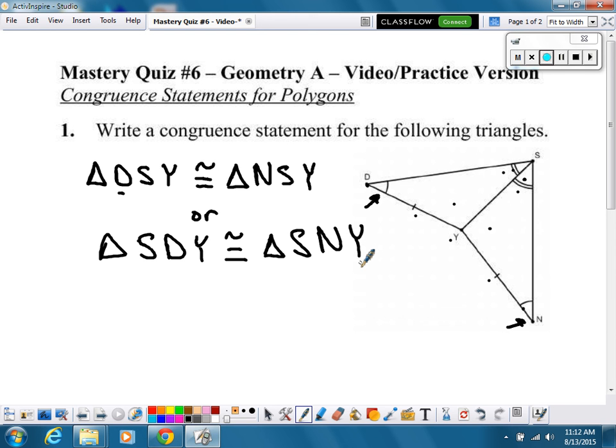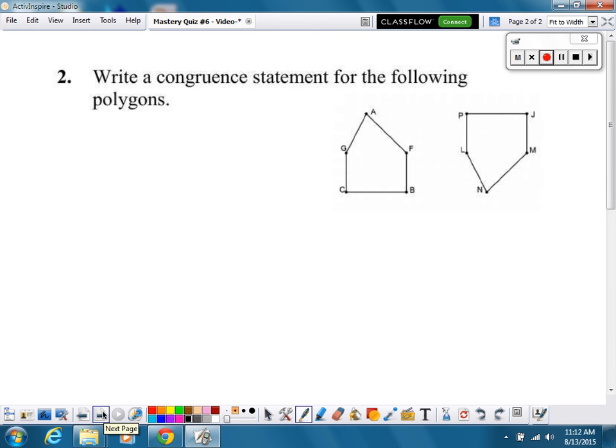Really important when you write these congruent statements that when you're dealing with triangles, make sure you're using the triangle symbol when you write your congruent statements. Very important in geometry. Question number 2. Write a congruent statement for these two polygons. Now, with a polygon of this size, there's no symbol to write in front of the letters. It's just really important that you